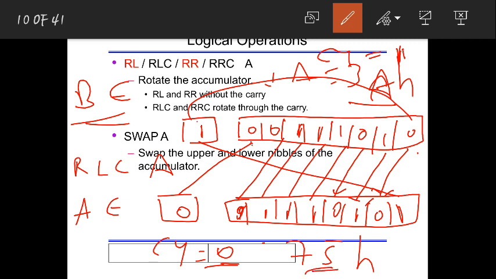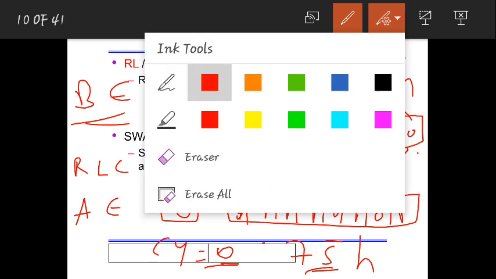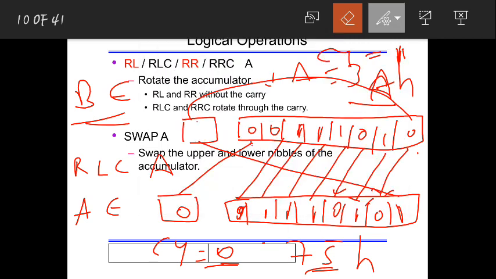In case I take 0 here, then, wait, here before you had 1. Okay, just note down this example: when A is equal to 3AH and carry is equal to 1, after execution you got carry equal to 0 and accumulator equal to 75 after doing rotate left with carry. That was the instruction. Now the same example I am trying to do without carry. So before execution, carry is 0, I am taking it as 0, and after execution we will see what answers I get.